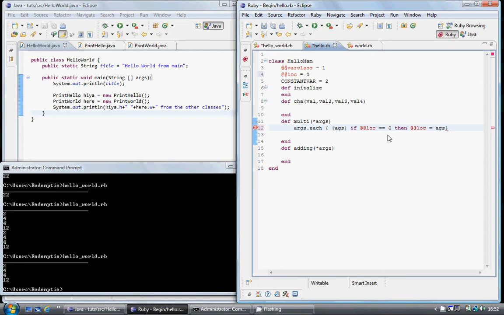What we've done here, if it's equal to 0, then it hasn't had an argument yet, so we're not going to multiply it. It's just going to make the variable equal to the first argument, args, which is in here. And if it's not equal to 0, then it's already had an argument passed to it and we want to multiply. So it's else